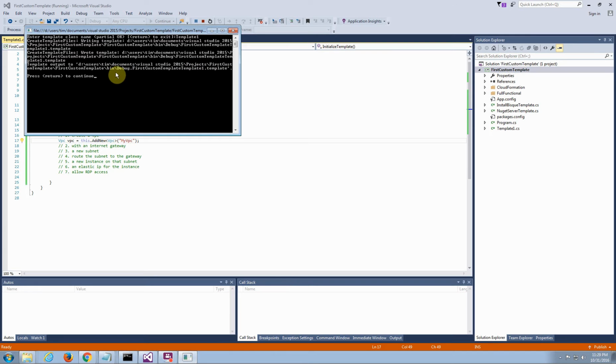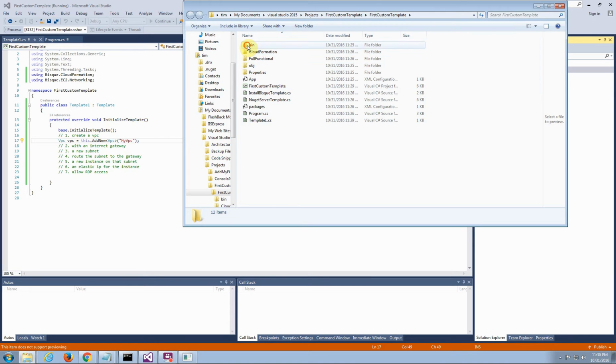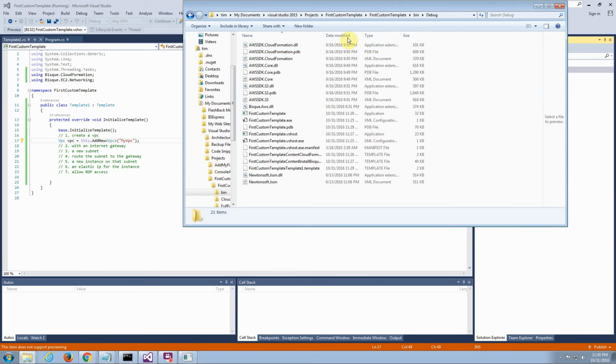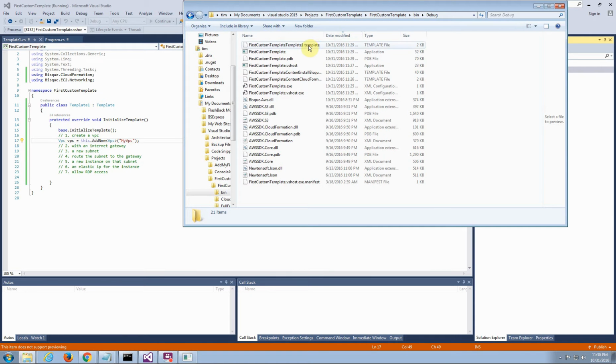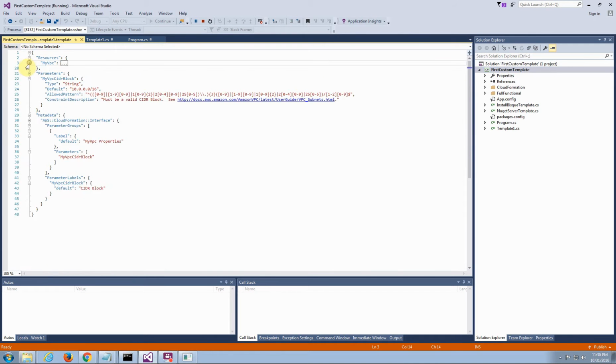So where that is essentially the bin debug of our application. So if I open that in the file folder, bin debug, and I sort by date modified, here's our template file. I drag that in and take a look at it. It has